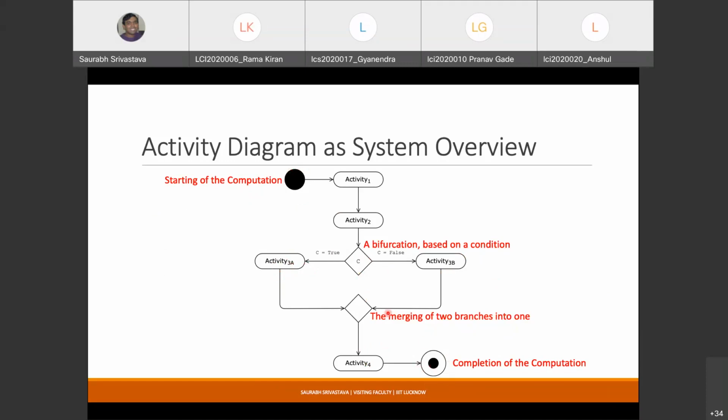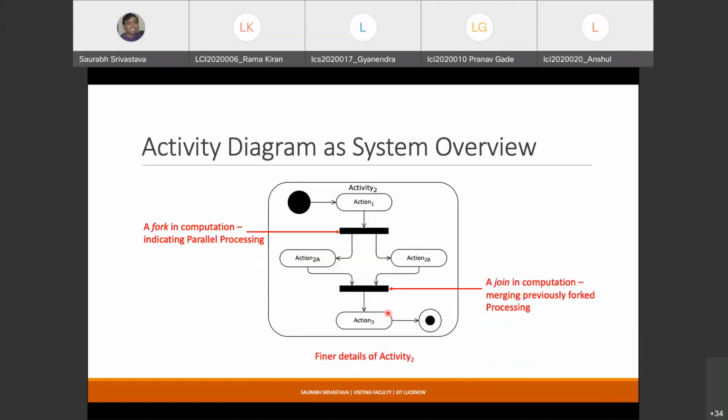So this is how you try to showcase, for example, one use case at a time associated with your system. And then within a particular activity, if you want to show more details, you can show it like this. And by the way, these are the parallelism indicators. This here means a fork in computation.